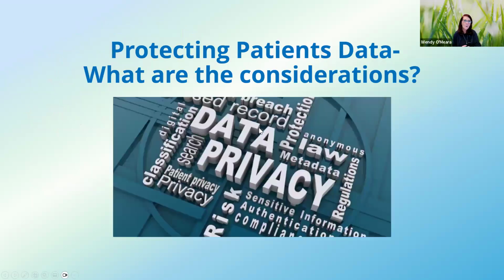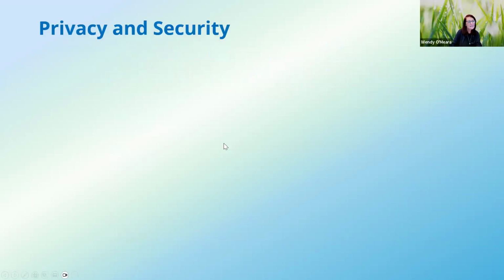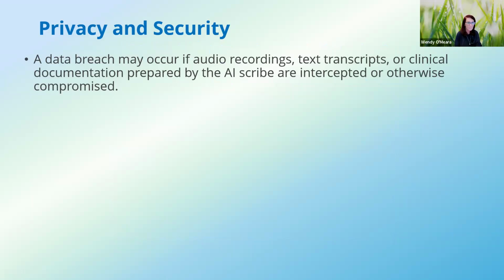Okay, I did talk about this before, and I think this is super, super relevant. Privacy and confidentiality. There's big fears. One of the biggest deterrents, I think, for people using AI is the risks for privacy and security. So how are we going to ensure our patients' records are kept secure? This is where the questions need to start when you are looking at what provider you're going to choose.